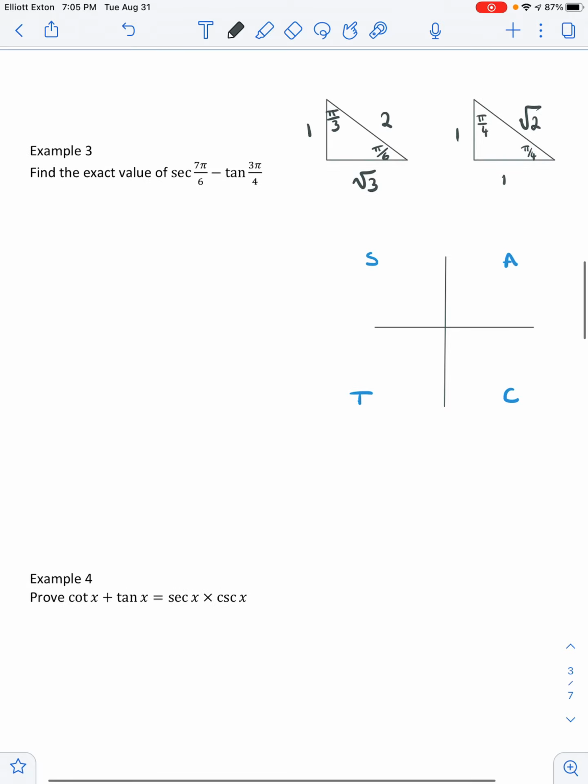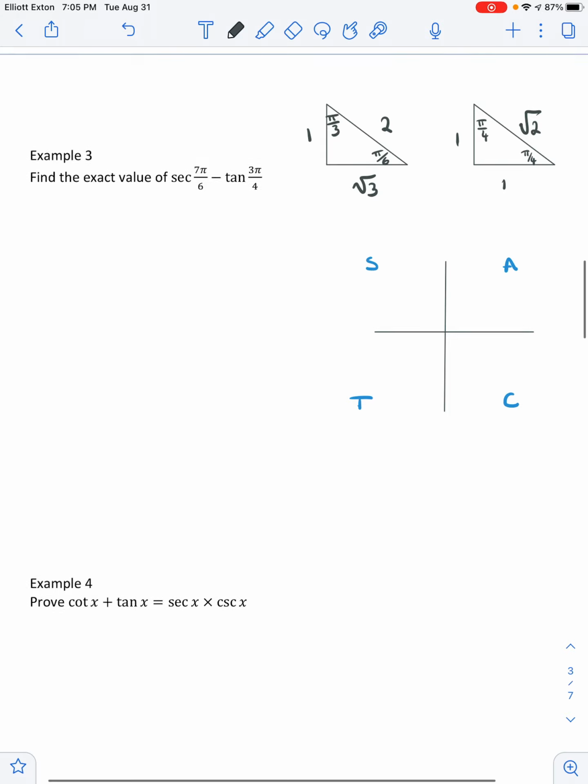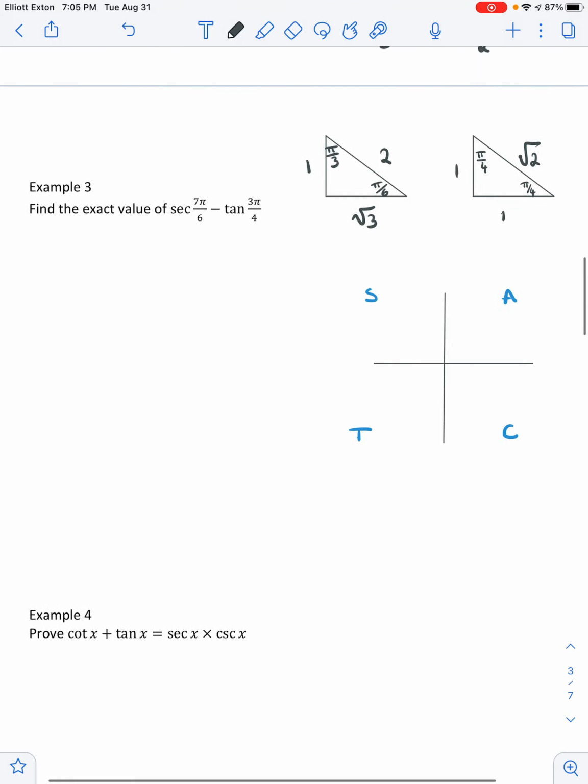So starting off with example number 3, we need to find the exact value of the secant of 7 pi over 6, subtract the tangent of 3 pi over 4. To do this question, we're going to need to use special angles to find exact values of these trig ratios. And we're also going to need to use cast rule to make sure we're putting the relative acute angles into the right quadrant